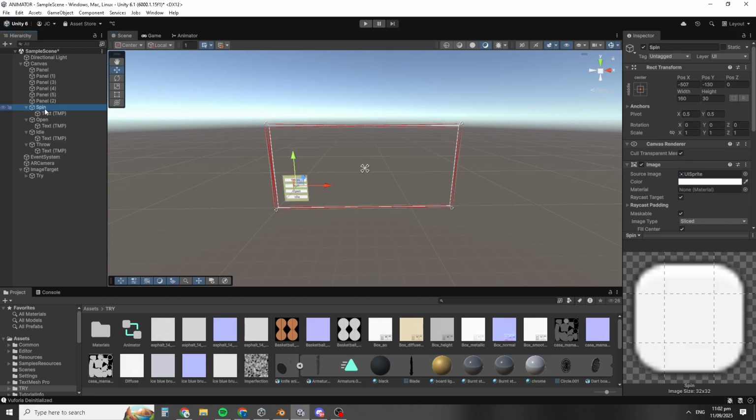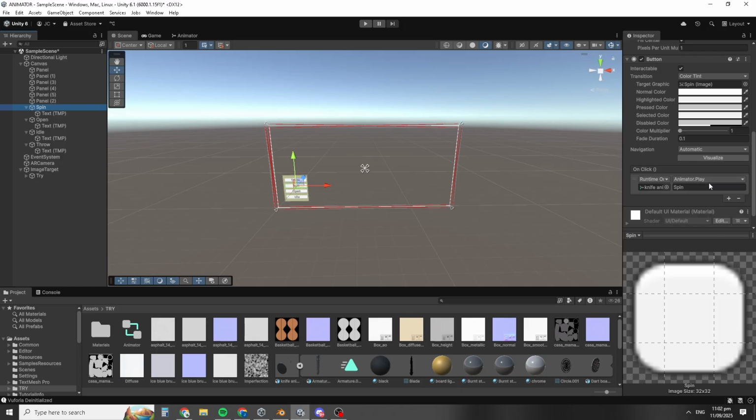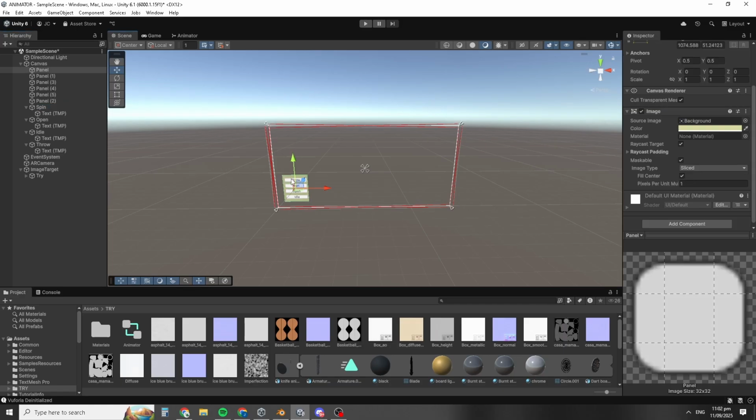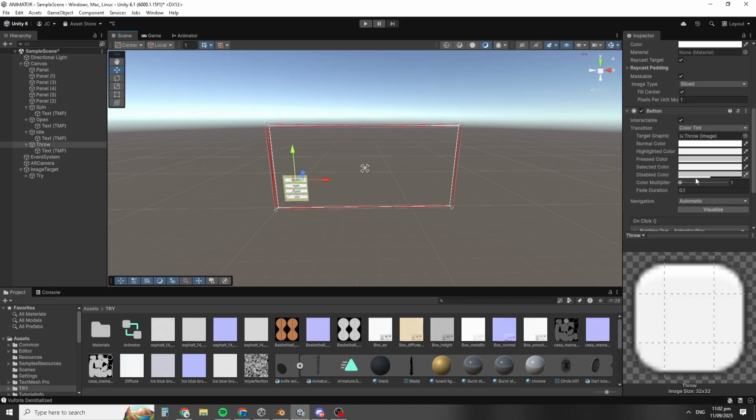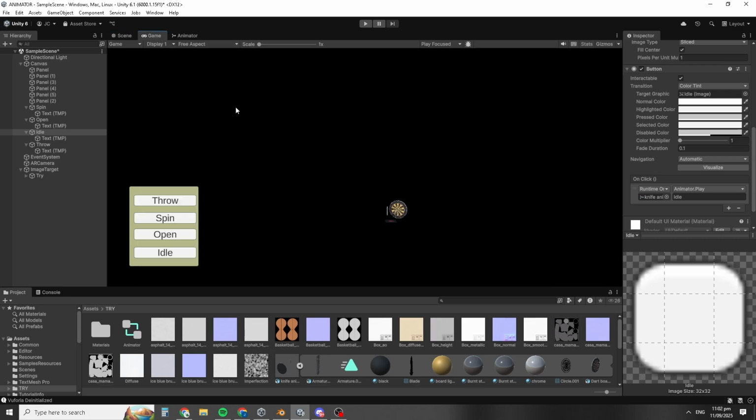Each button corresponds to the correct animation. As you can see, if it is clicked, it plays the spin animation, and for the throw, it plays the throw animation, as well as the open and idle. And then after that, I checked what it looks like when it is in game.